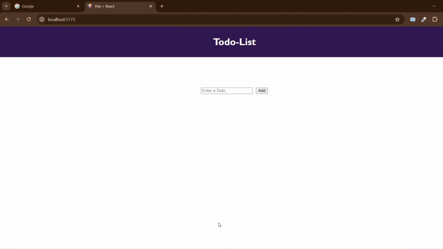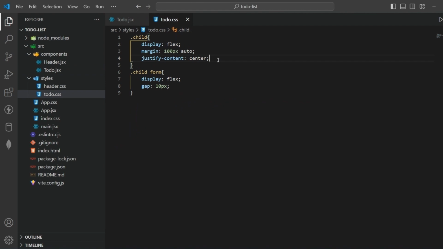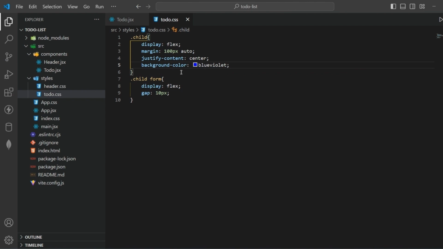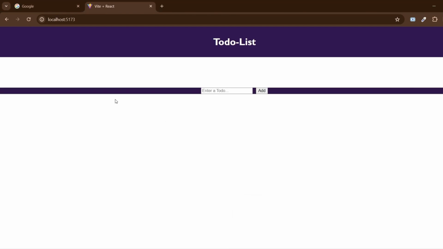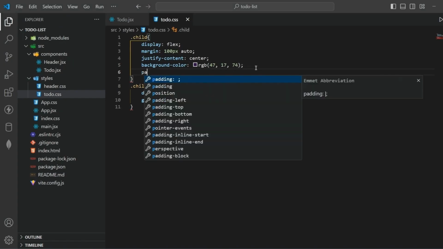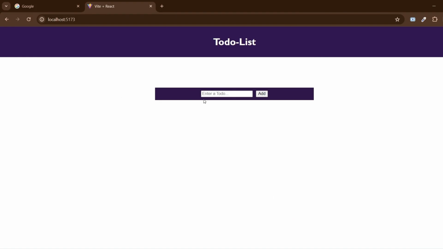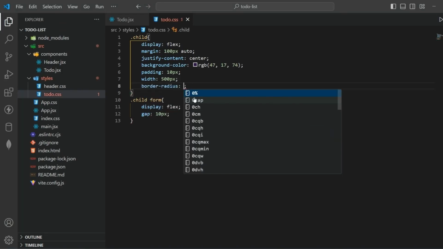Now let's add some background color to this child. So let's add some background color of blue violet. Let's add a dark color. Now it's looking good. Let's give some padding and decrease the width. Padding of 10 pixels and width of 500 pixels. Okay, now let's add some border radius of 10 pixels,